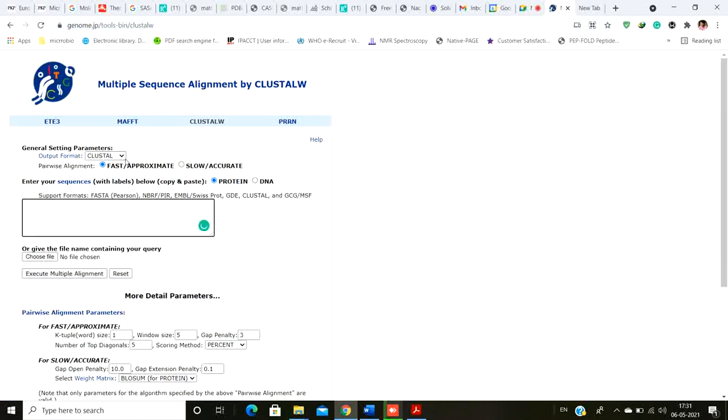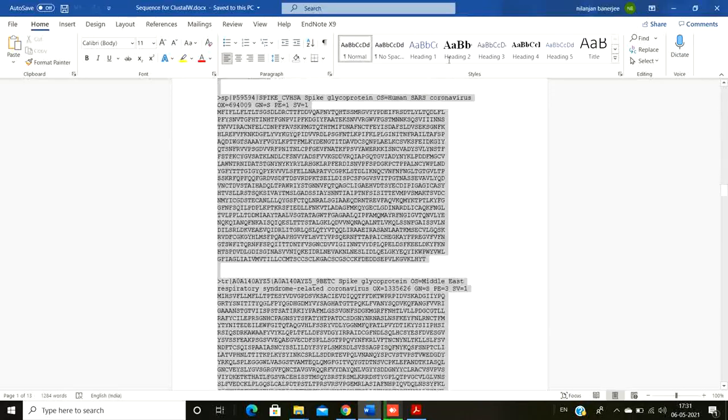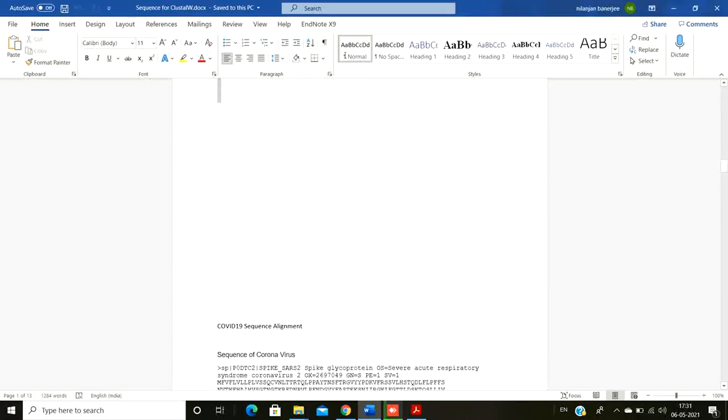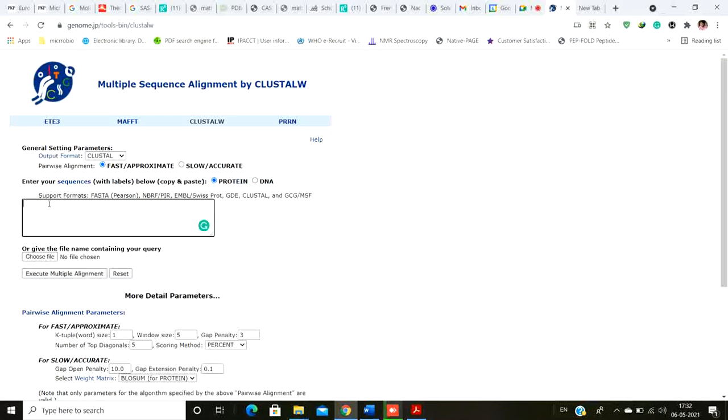This particular server uses both global and local alignment, and I have made a list of different proteins on which I'm going to perform the scoring. What you have to do is upload the sequences in FASTA format. You can find the sequences from UniProt. And what is FASTA format? FASTA format starts with a greater than sign. Then you write the name of your protein, and from the next line you give the 1-letter code of the amino acids.